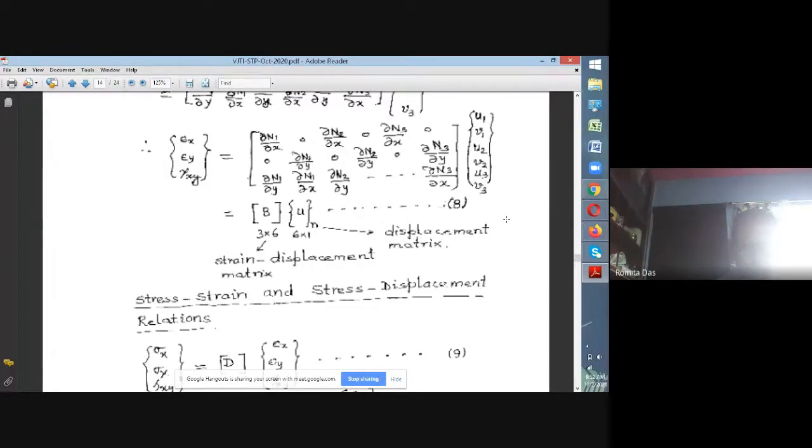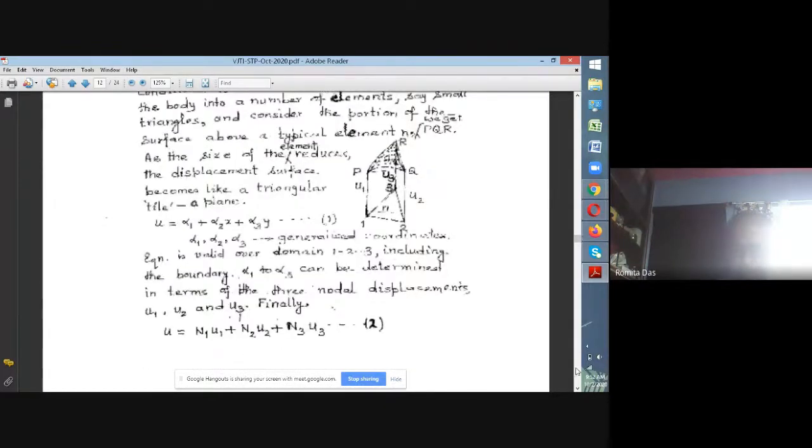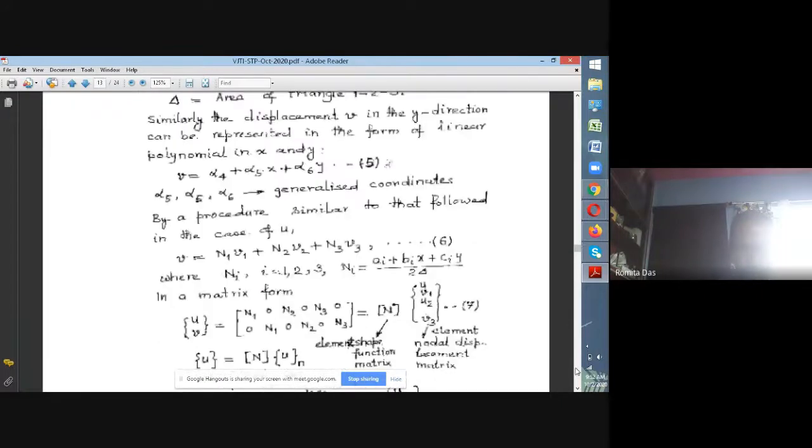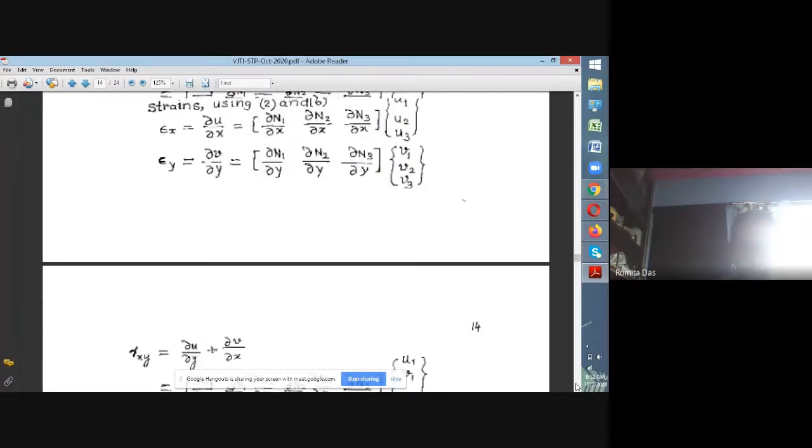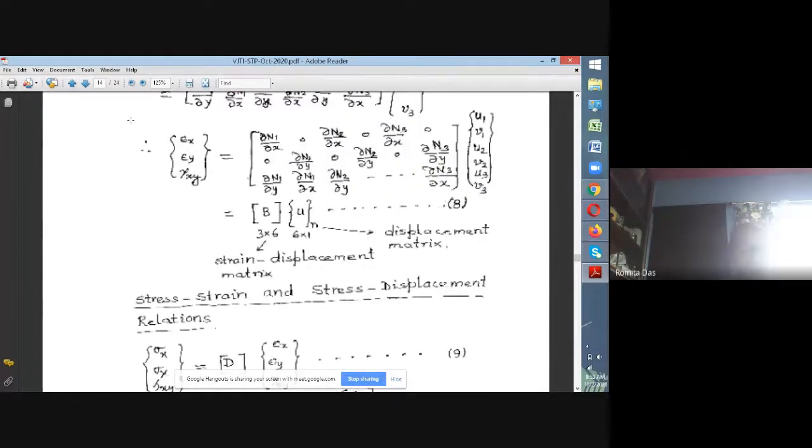I want you to look into one interesting point here. You see that this expression for that matrix is really the shape function matrix. And now when we write the strain expressions, you see that the strain expression consists of the first derivatives of the three shape functions in the x and y directions, multiplied by the nodal displacements. Therefore, we get the strains at any point in terms of this B matrix. It is called the strain displacement matrix, multiplied by the nodal displacements.